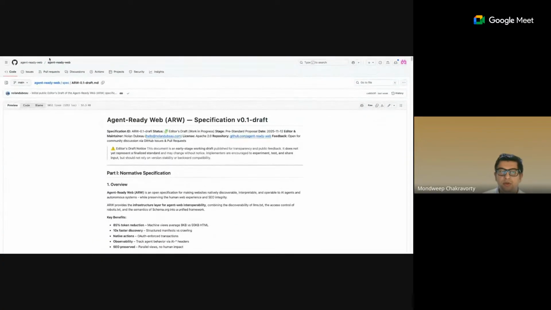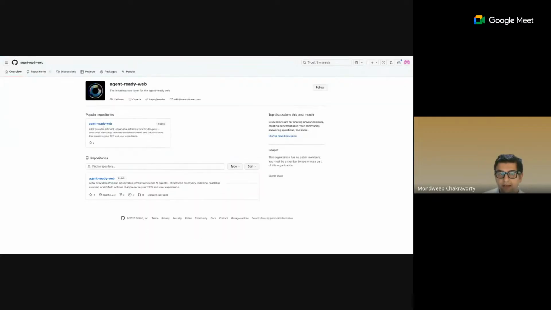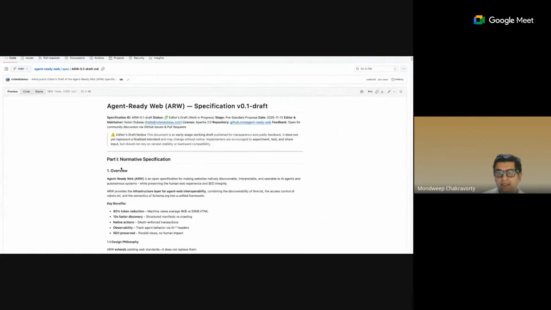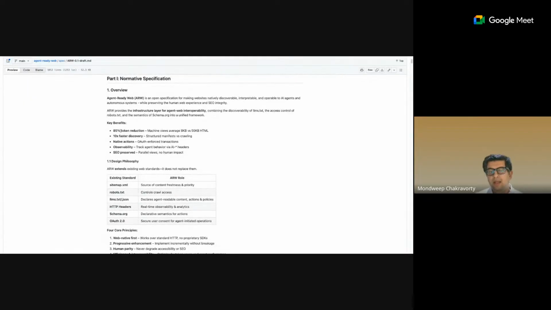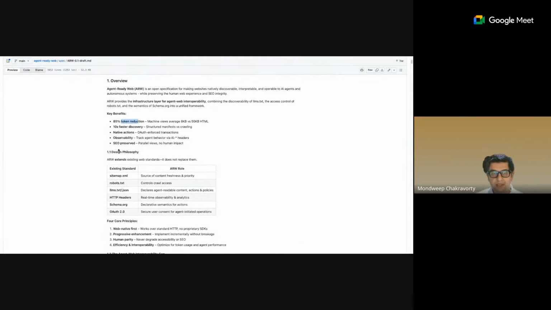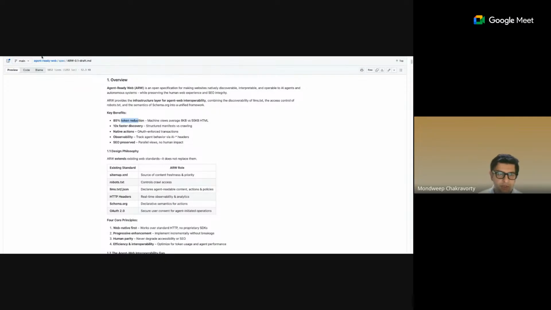He's working on something called Agent Ready Web. The concept of Agent Ready Web is, if I go back here, how do websites tell agents what is there? Because I was saying in a LinkedIn post, the right content at the right time for the right audience is a challenging problem. So he's been working on how to do that without relying on token usage and all of this stuff. Again, feel free to have a look at this. This is also public and open source at the moment.